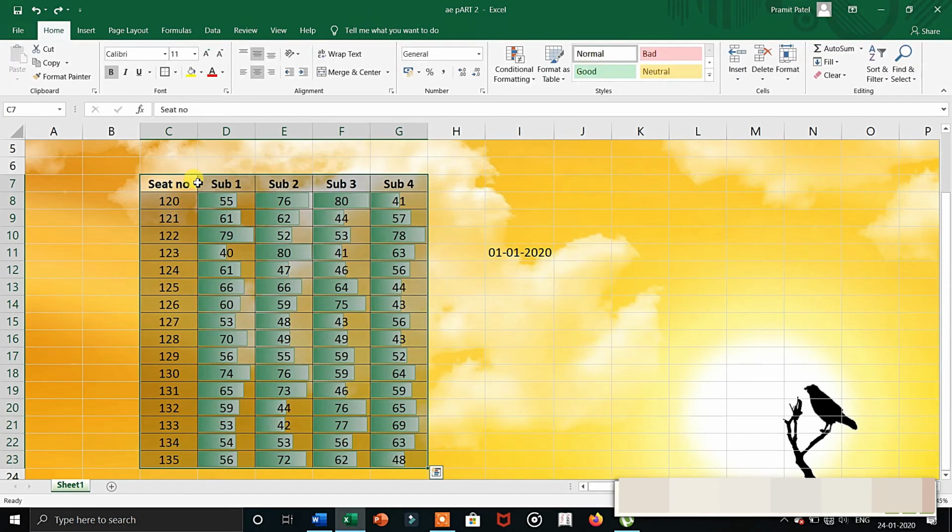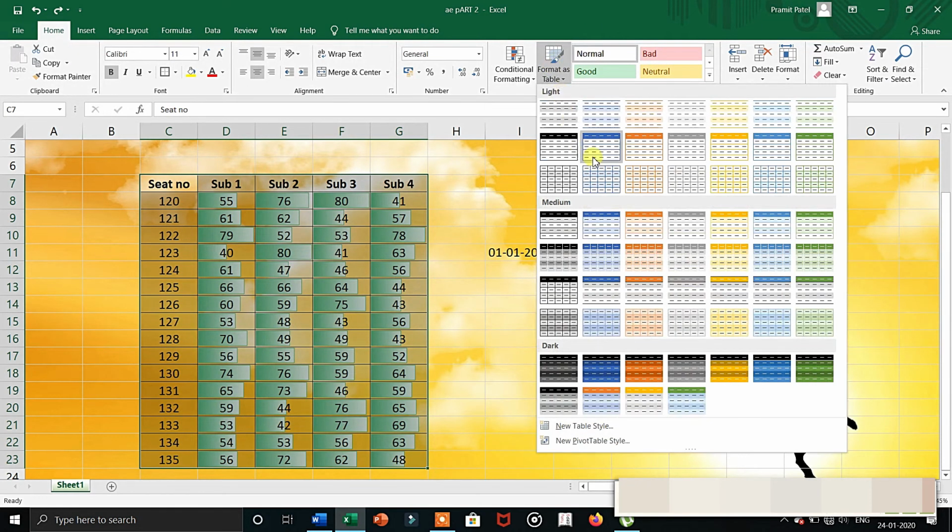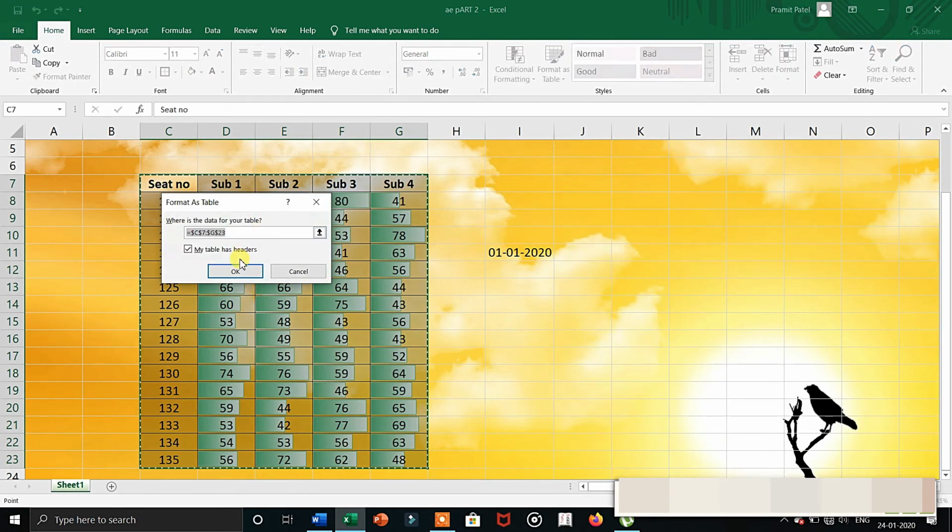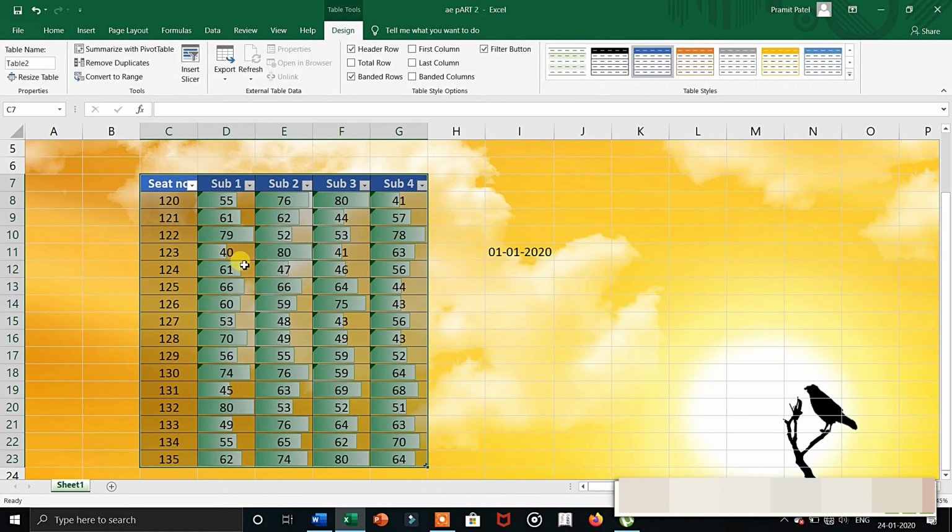And if I undo it and then again select format as table, select a format, and then keep the my table has headers option checked and then click OK, then the headers get